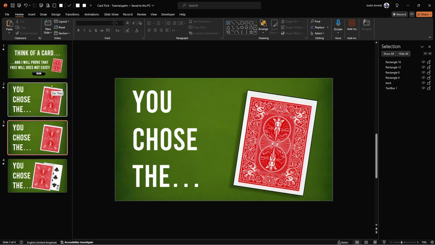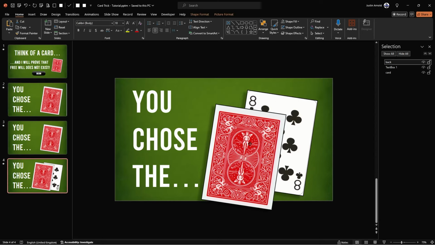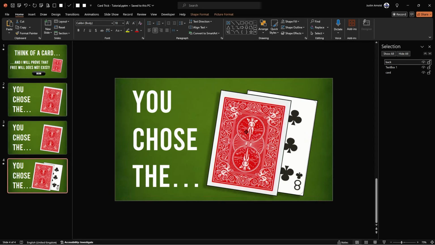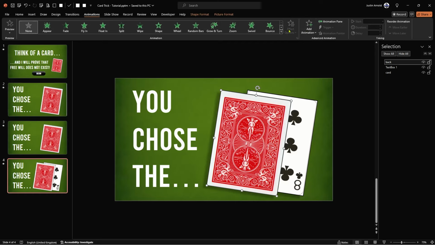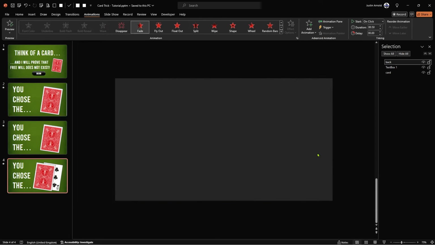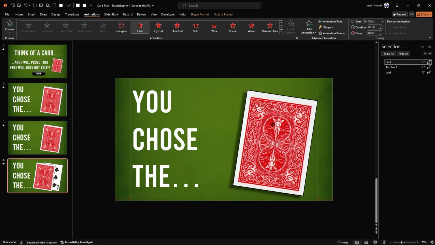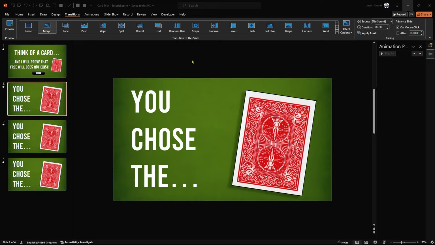So basically we're there now, apart from the final thing, adding an animation to this card that will make that back disappear. We can do that very simply by going to animations. It'll already be there already, so we can simply go to add animation and fade it out, or whatever animation you want for it to disappear, like that. And of course we need to put that into the right position, like that. Okay, so that's it now really, apart from if you want to add in the border around the top and